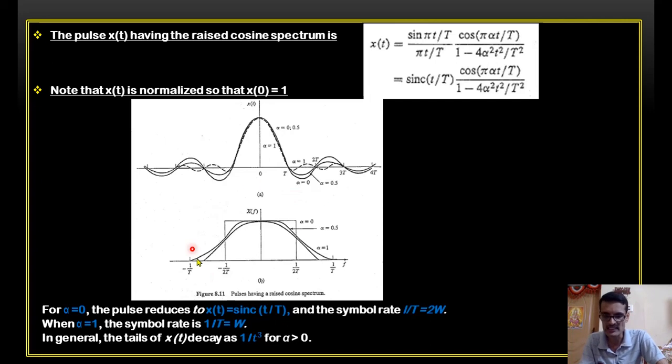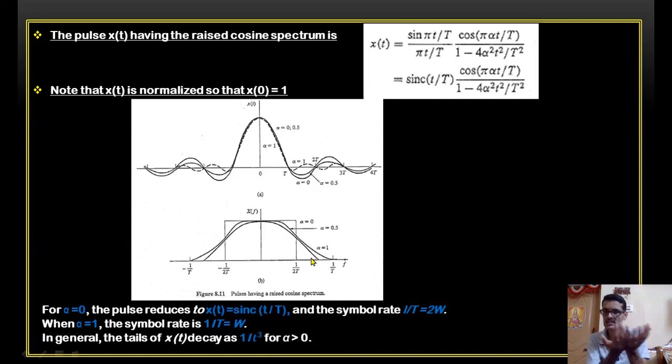Just look at this. This is x of f. For the first case, alpha equal to 0, this is the spectrum I'll get. This is the ideal case for alpha equal to 0. For alpha equal to 0.5, the shape of the receiving filter or the signal should be something like this. For alpha equal to 1, something like this, right? So what we can say here is, for alpha equal to 1, this is the spectrum. Compared to this, it is going to occupy 100% more bandwidth. For alpha equal to 0.5, this is the tail, so this is what I'll get, something like this. Compared to this ideal case, 50% extra bandwidth is actually required.